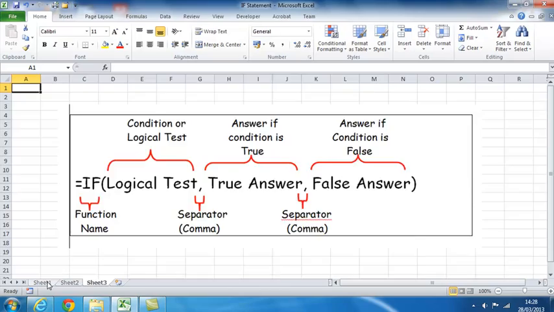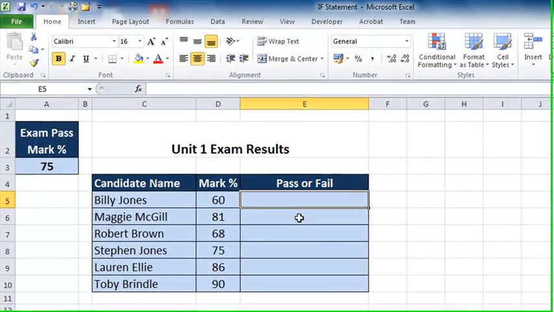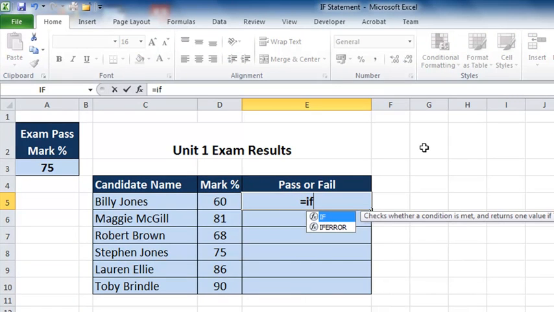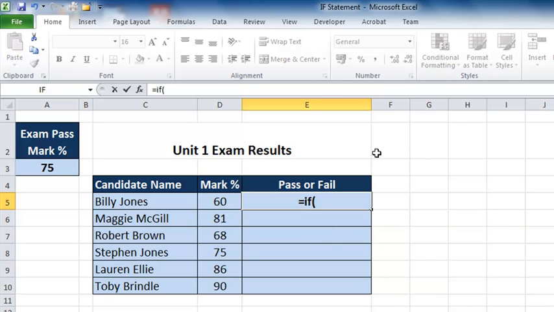So let's switch back to our worksheet and let's start to enter the formula. So the formula starts with an equal sign and the function name, in this case if, followed by the open bracket. Now the logical test that Excel needs to do is to look at this cell in D5 and compare it with the exam pass mark up here in A3. First of all, we'll just use a hard number in our formula, so we won't use a cell reference for this to start with. So we've started our formula equals if open brackets,